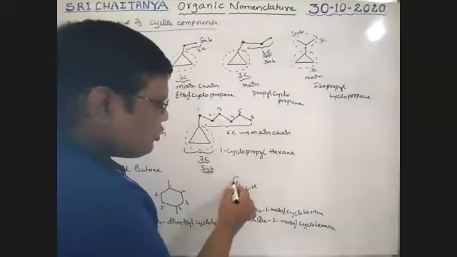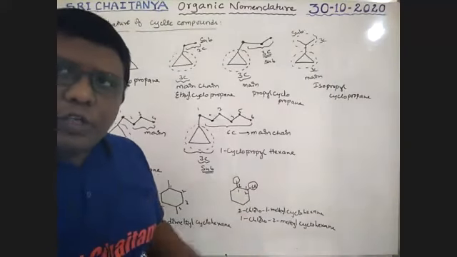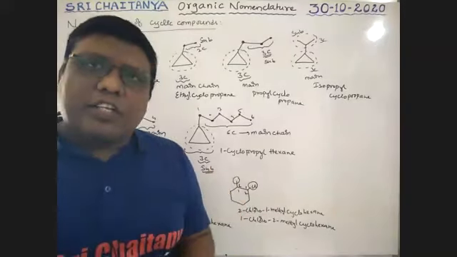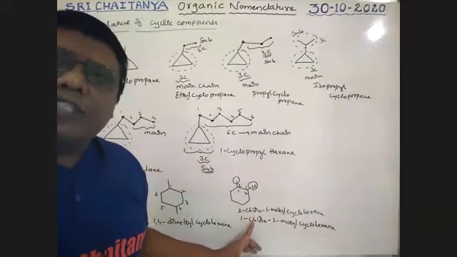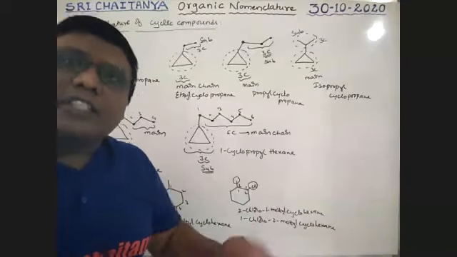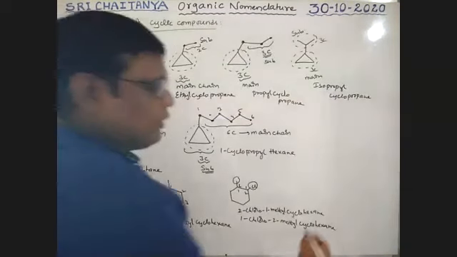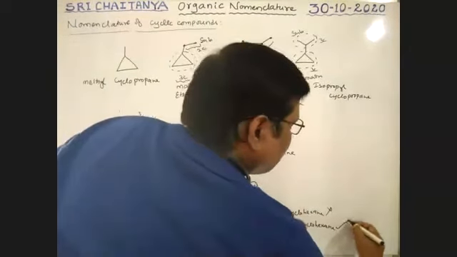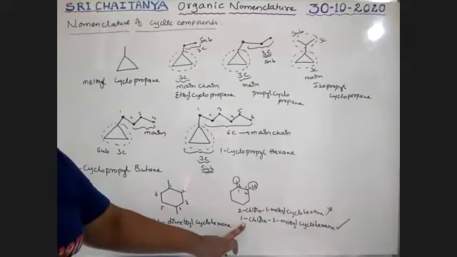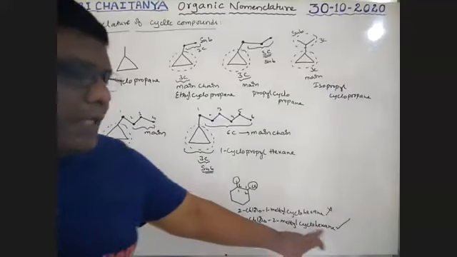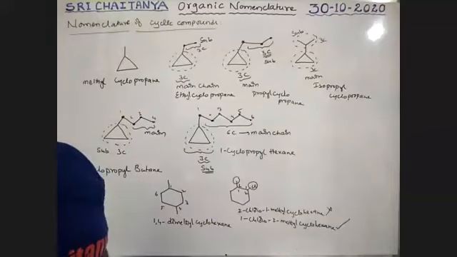This methyl is a substituent and chlorine is also a substituent. Both locations are the same, 1 and 2. So in that situation, both are substituents, and the substituent which comes first alphabetically gets the lower number. Therefore, chloro has the lower number and methyl has the higher number. So this one is wrong and this one is correct. The name of this compound is 1-chloro 2-methyl cyclohexane, boys.